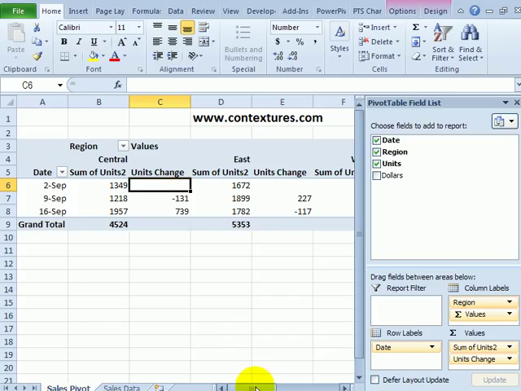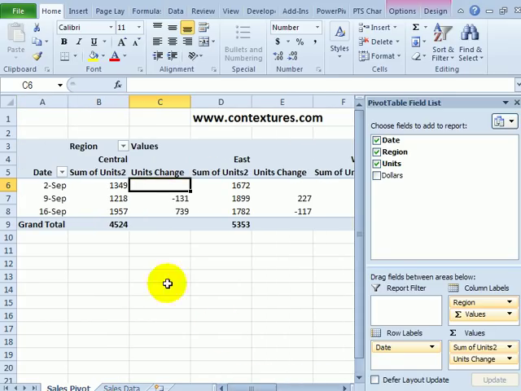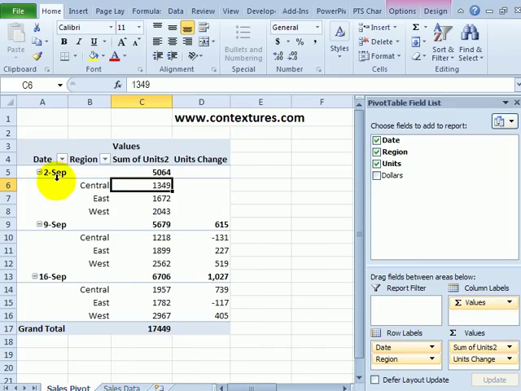It may be hard to read the pivot table if you've added multiple value fields, and now it's spread across. You might want to rearrange some of the fields so that the orientation is more vertical. So for regions, instead of having it as a column label, I could drag it down below the date. And now for each date, you can see the region name, the total units sold, and the change overall and